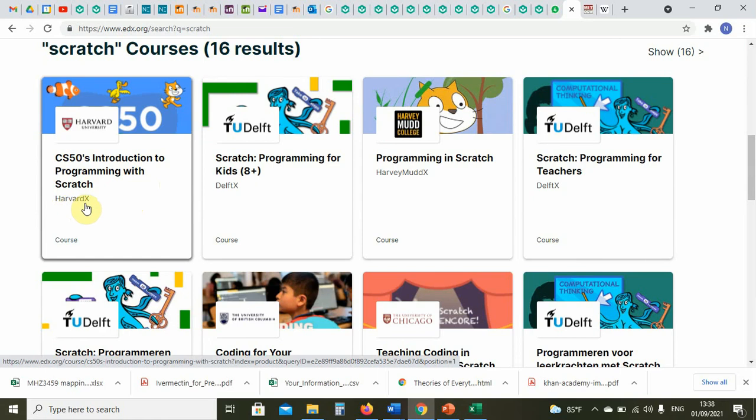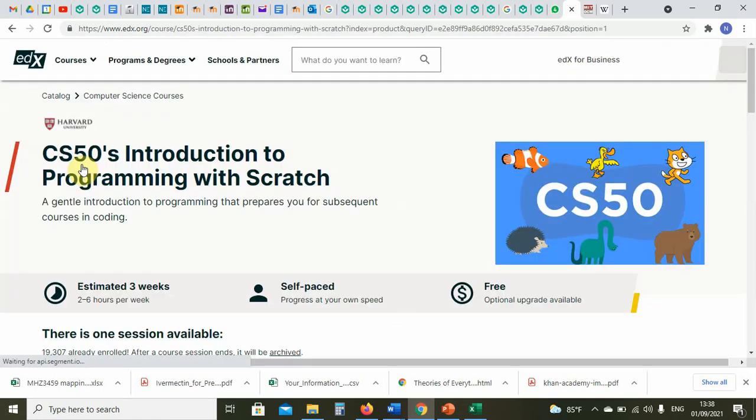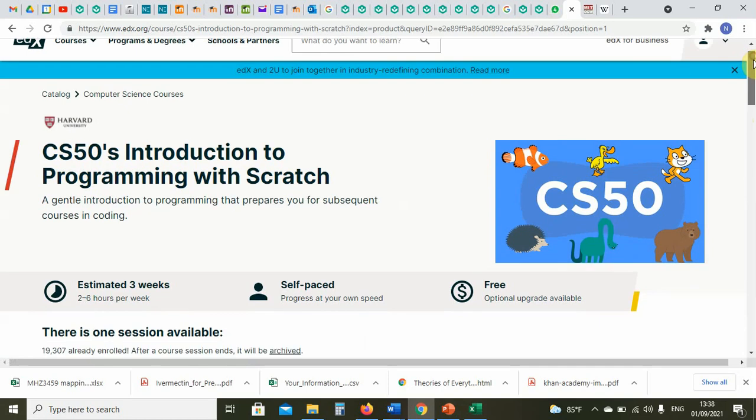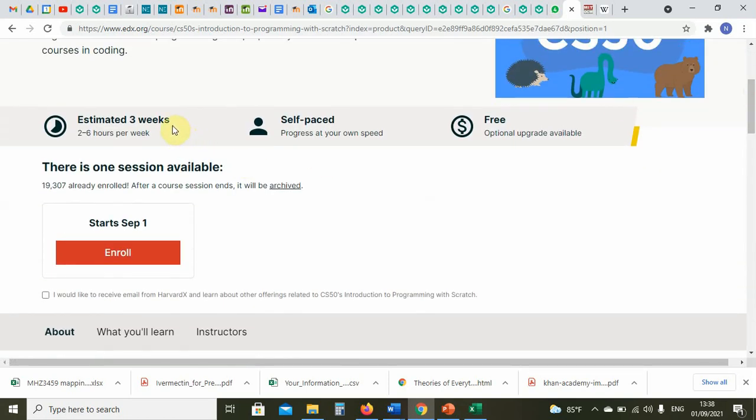It is offered by Harvard, and actually, well, let us click on it and see what it is. So you should click on the page for this course, and it's a 3-week course, and it estimates you need 2 to 6 hours per week, and so you have plenty of time to do it and finish it before your term starts. So when we teach that subject, Introduction to Software Engineering, Programming and Concepts, we will assume that you have done this course and picked up this knowledge.